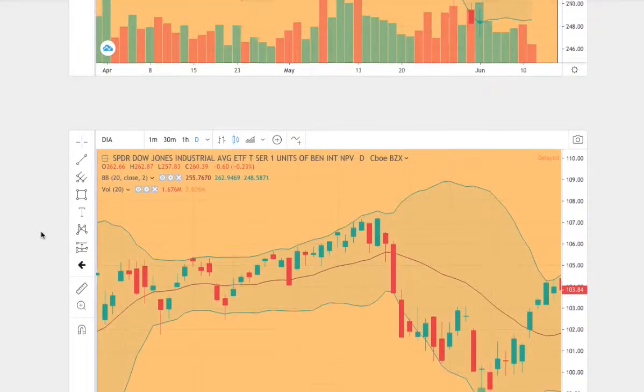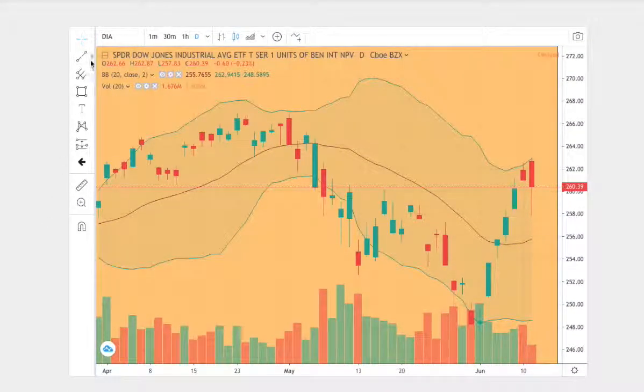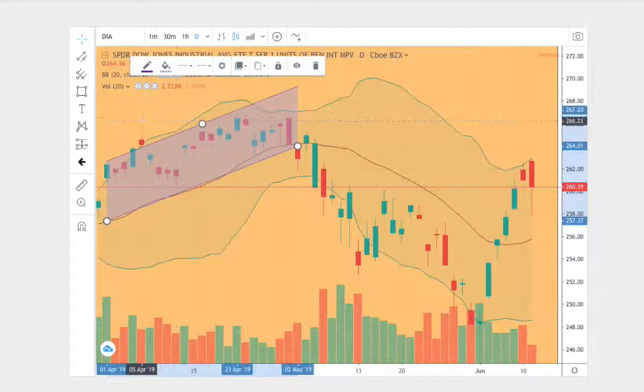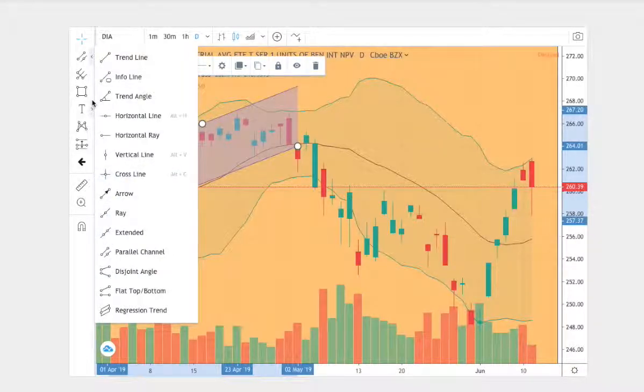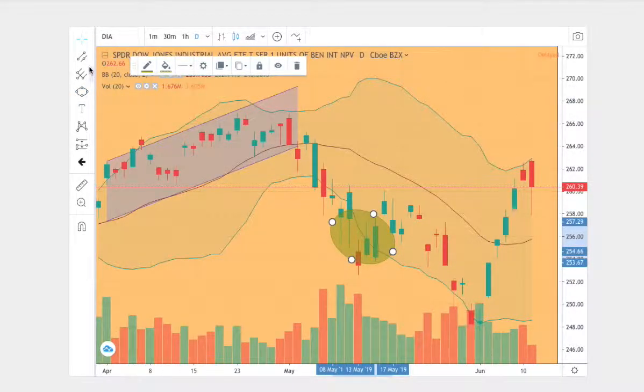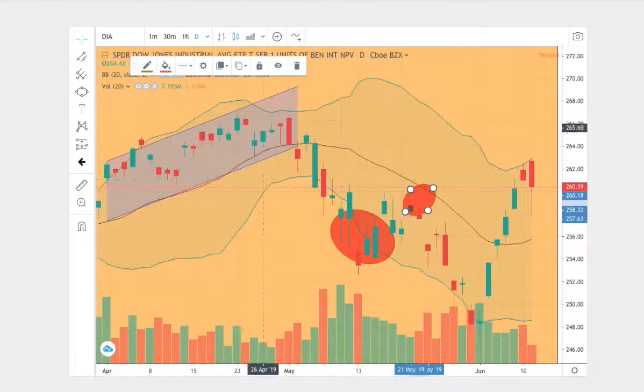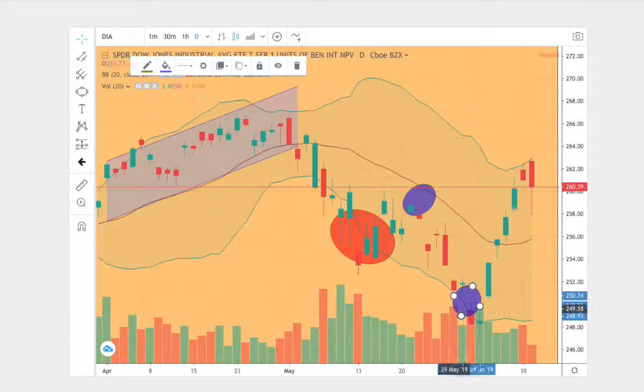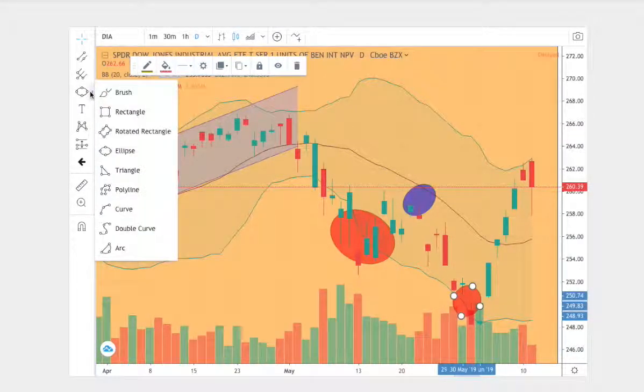I'll point out why these two charts are similar. So what we have here in the beginning of the trend, we have an uptrend for several days, and then it proceeded to break down, and we see it touch the bottom Bollinger Band right here, and this will be red, and then we see an attempt to touch the middle Bollinger Band, but not quite, and then we proceeded